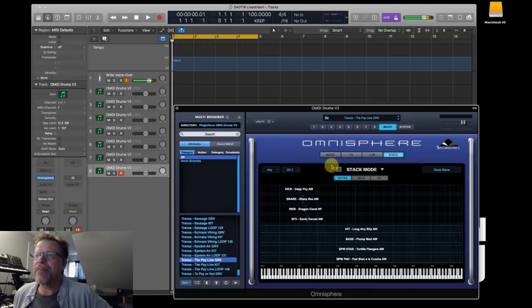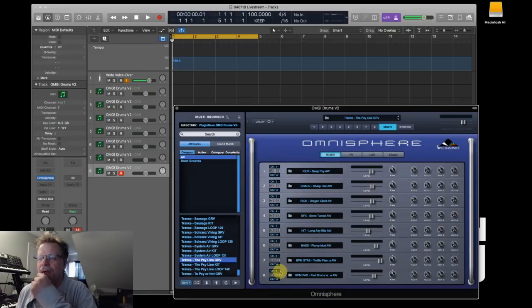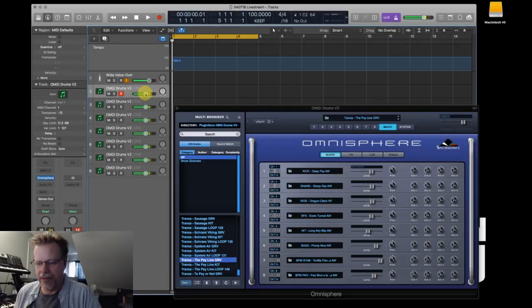So that means I need to do this. I need to go MIDI channel 1, 2. Each drum has to be its own MIDI channel for this case. 1, 2, 3, 4. Then 5, 5, 5, 6. So now I have, if I go to MIDI channel 1,